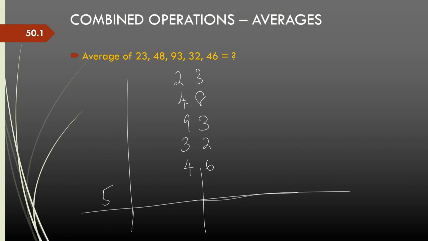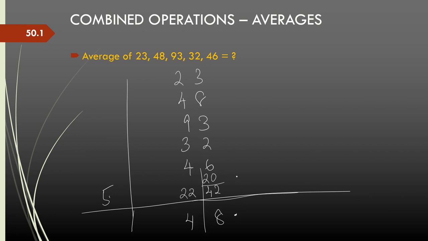So 2 plus 4 is 6, 6 and 9 is 15, 15 and 3 is 18, and 4 more is 22. Now 22 divided by 5 is 4, and 2 carried forward becomes 20 when you carry it from the tens place to the units place. And now I sum the units digits: 3, 8, 11, 3, 14, 2, 16, 6, 22, and 20, that is 42. So 42 divided by 5 gives me 8.